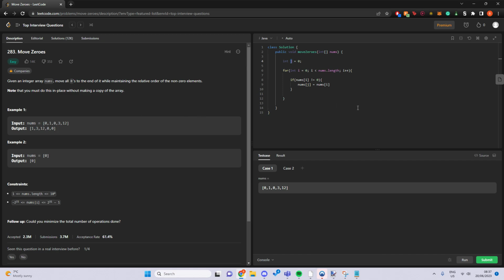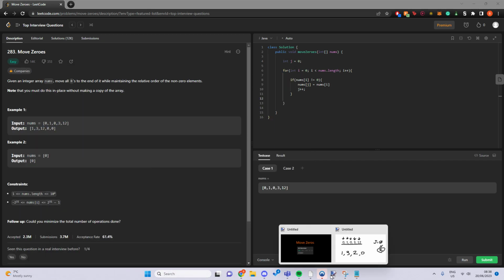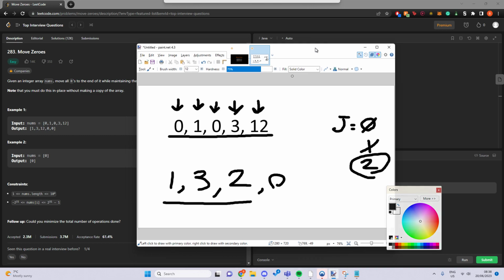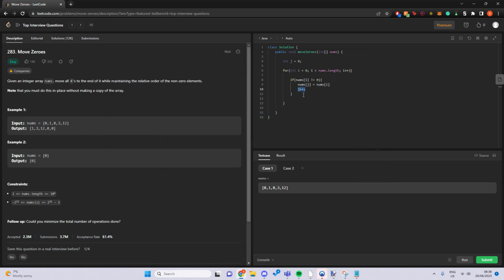So i is doing the whole array, and j is doing just our little man-made array. And then once we do this, we have to increment j plus plus. So that'll get us to this point. It'll finish, no zeros will be dealt with. So now that j has been incremented a sufficient amount of times, all that's left is to add zeros. So we're going to do while j does not equal nums.length,